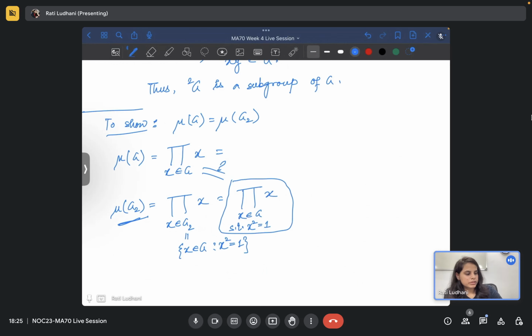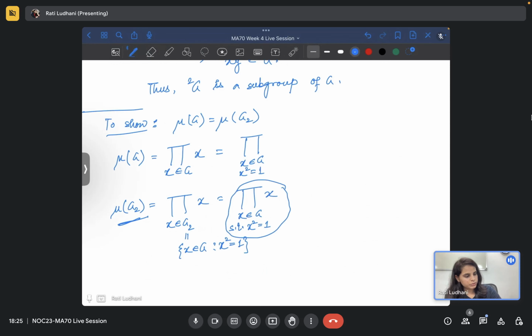So let's try one thing. We need to prove this. So I'm working on this line. What we can do, as we need this part, we can try to separate this as